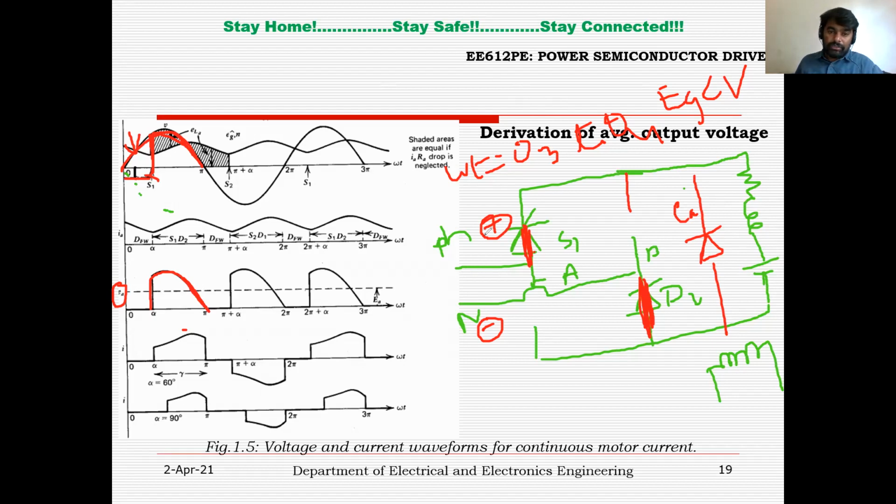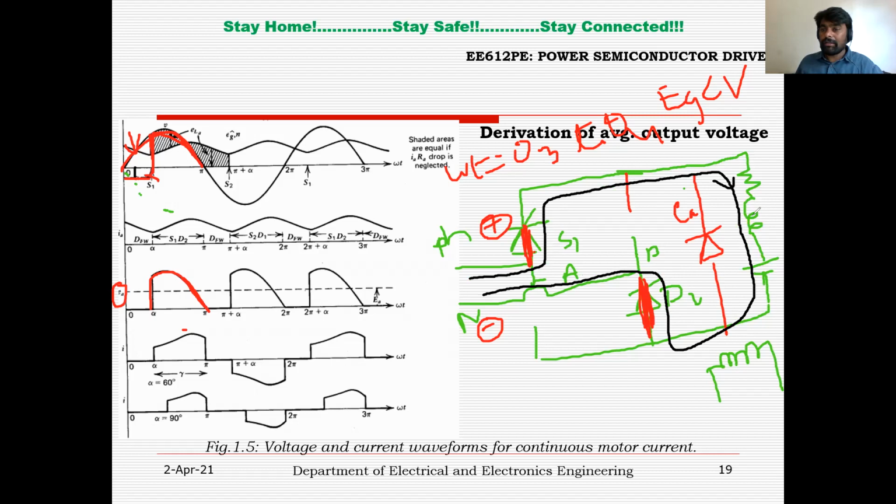current direction. It is leaving from P positive through S1 anode and cathode, resistance RA, inductance LA, battery, through diode D anode and cathode, and back to the negative supply. So this is the direction of current. And if that is the case, the inductor is charging with this polarity, positive and negative, right? That is why you can see the output current is charging, right?